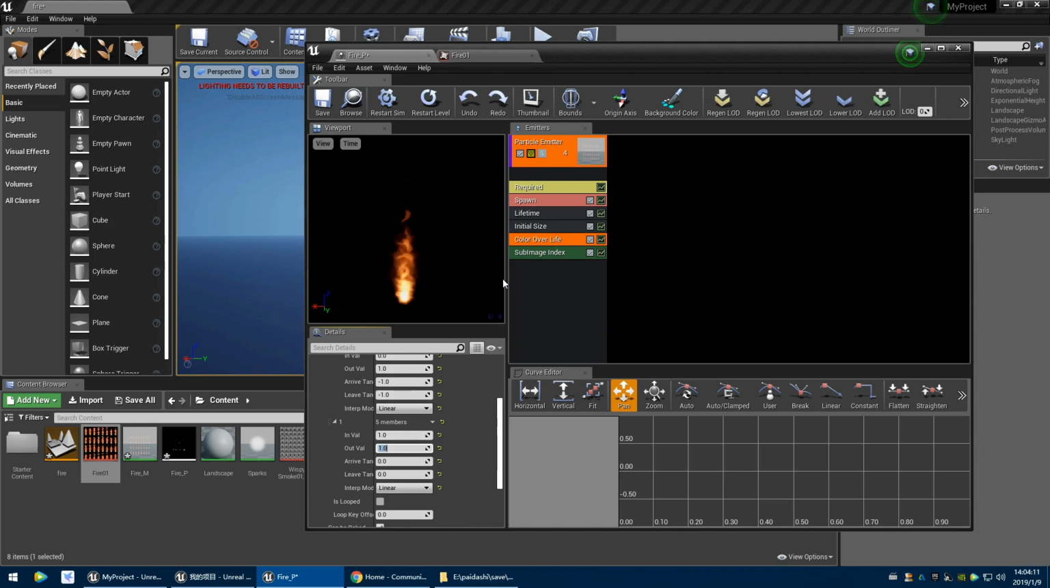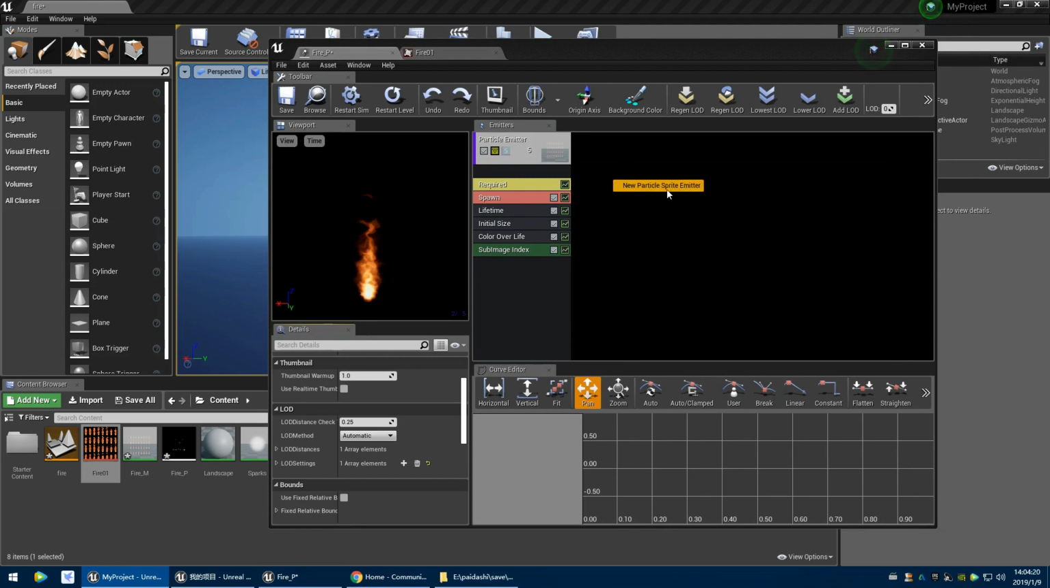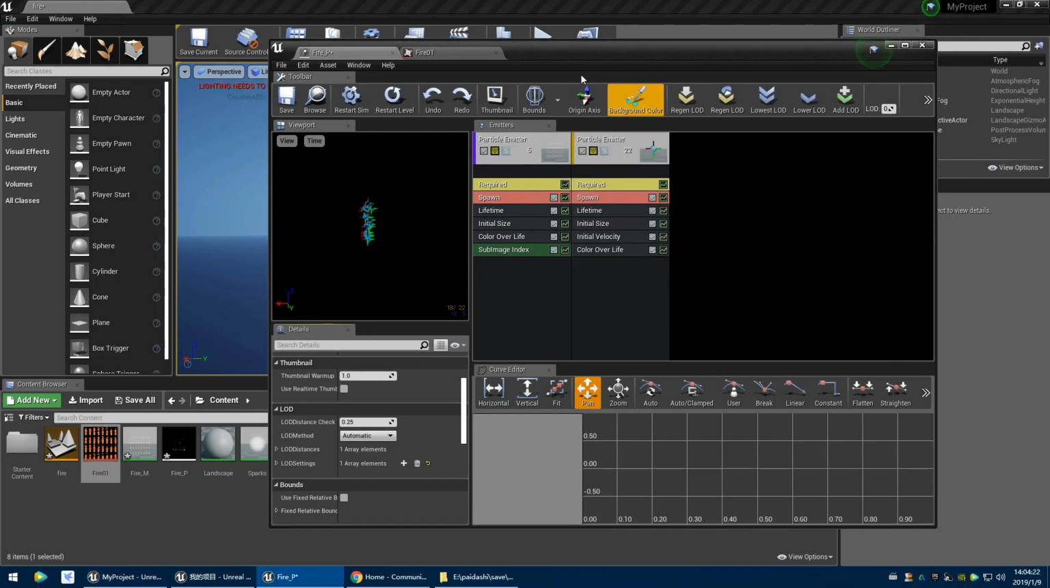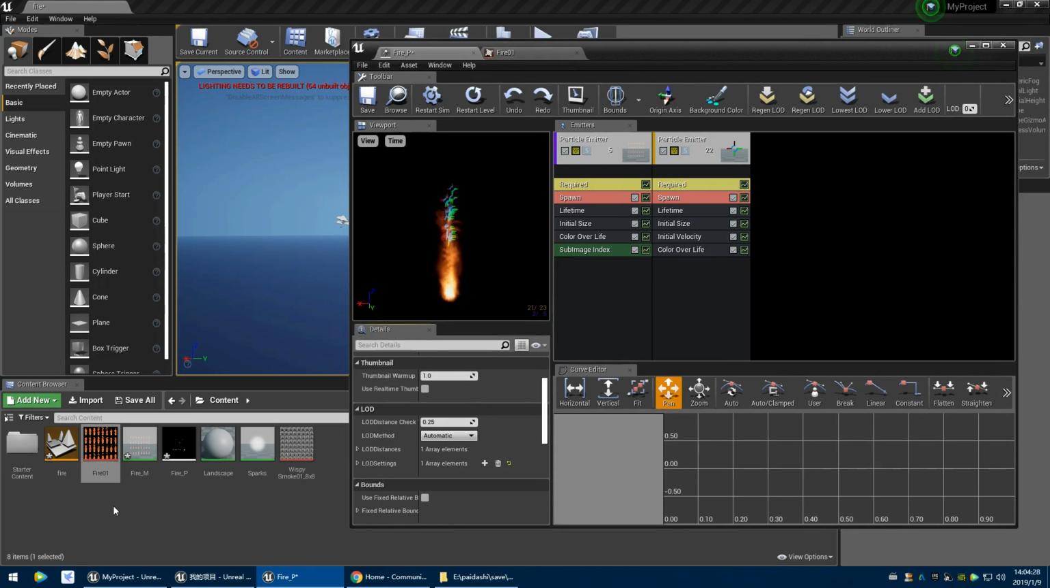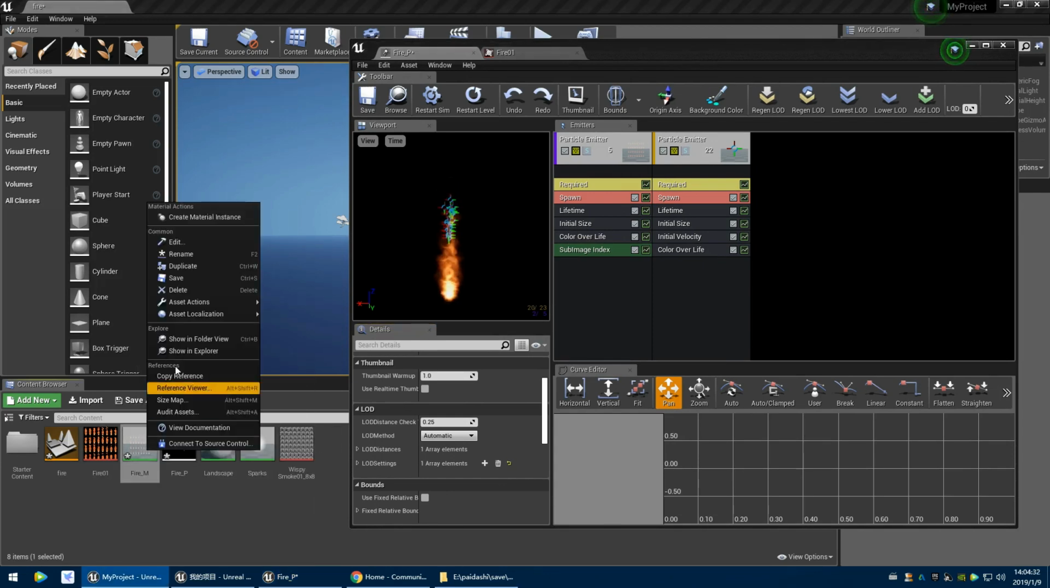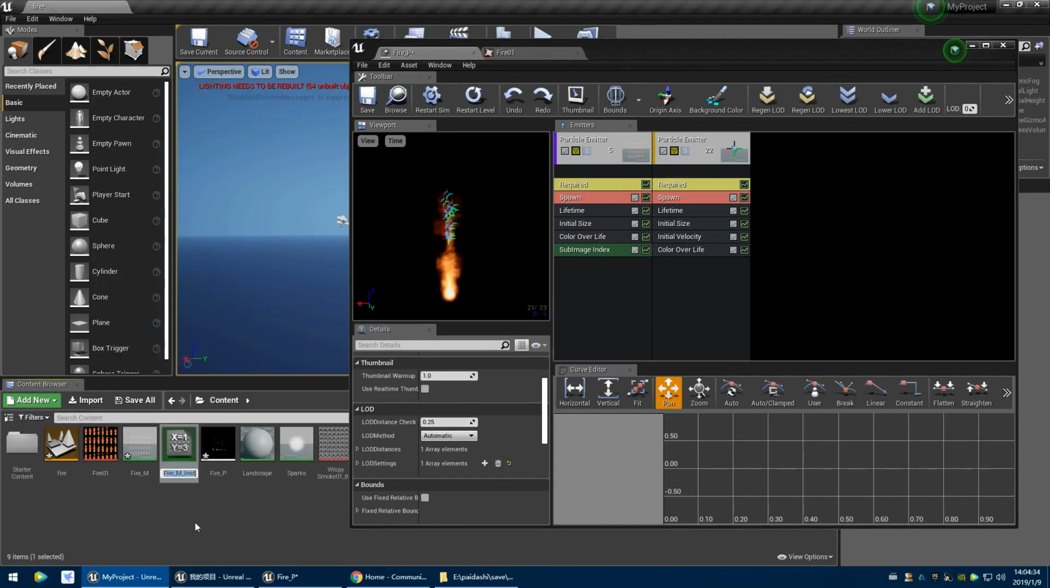So now we have a constant flaming fire. So fire is done, and then what we need to do here, we need to create another particle sprite emitter, and this is going to be for my smoke. Alright, we're going to do the smoke. So instead of creating a new material, I'm just going to use a material instance. Right, so let's create it out of my fire material and change the name to smoke